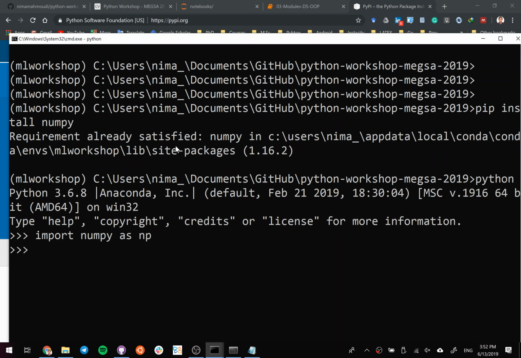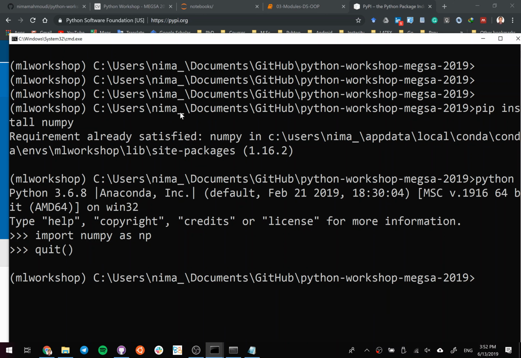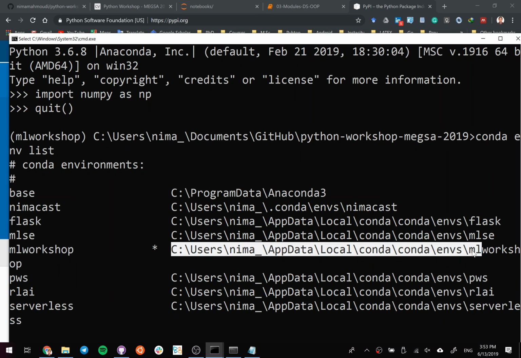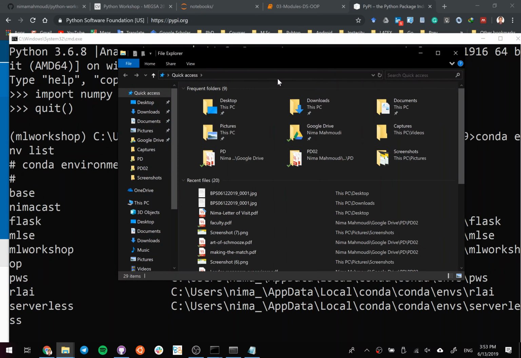Yes? Can you see the source code of any function? Yes, you can see the source code of all of these packages. These are all open source. So, for example, let me find where it is installed. Okay, so this is in this location, ML workshop. If I just open this location,